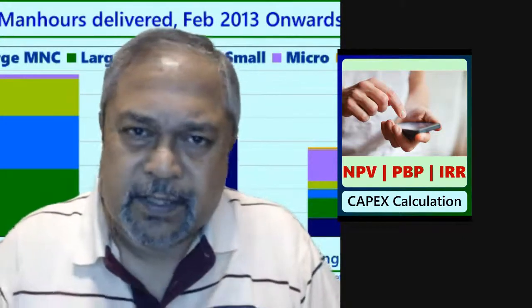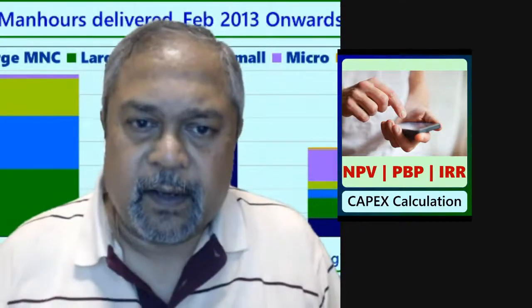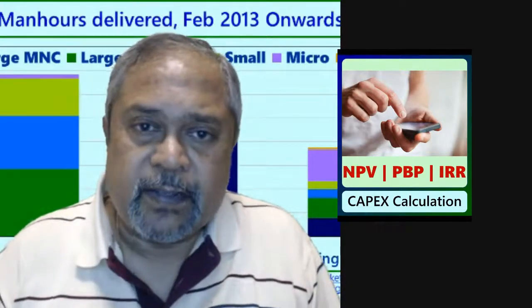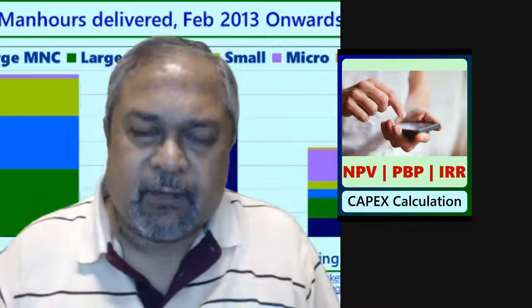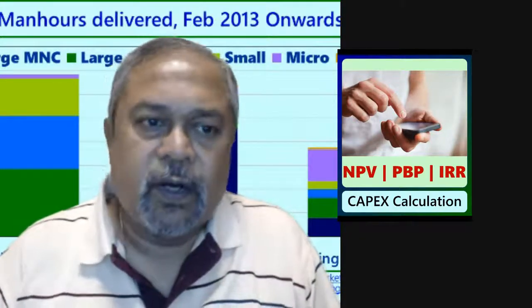It's not just about the calculation. So let's talk about what these three metrics notify. First is NPV. NPV is net present value. See, when any investment is done, it could be for investing in a new plant, for investing in a new factory, or